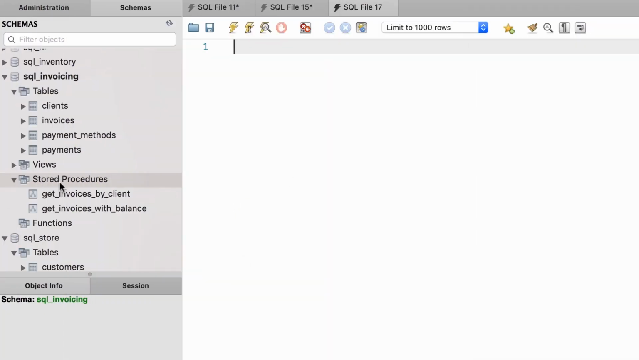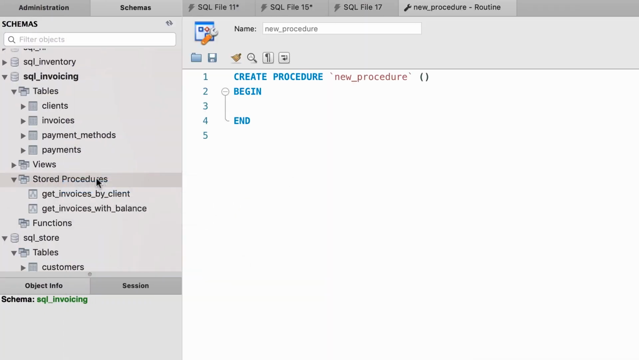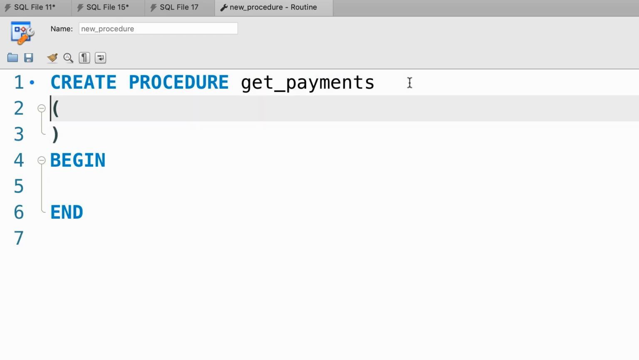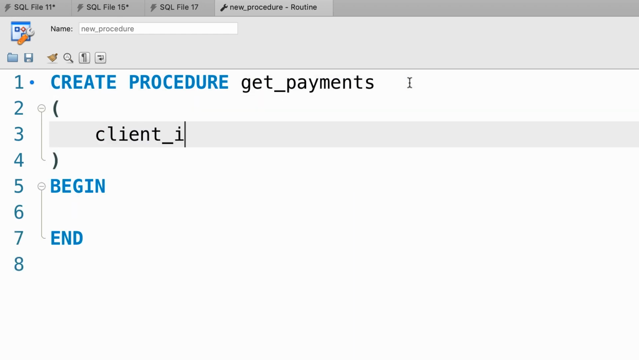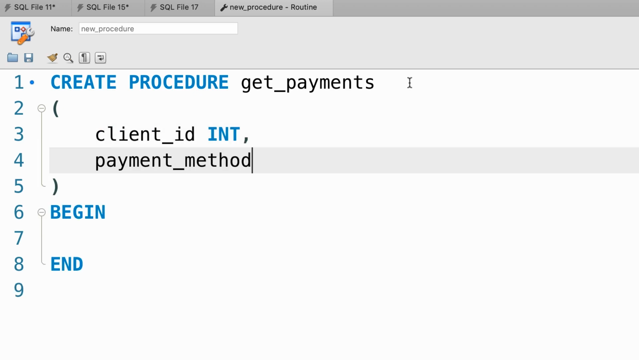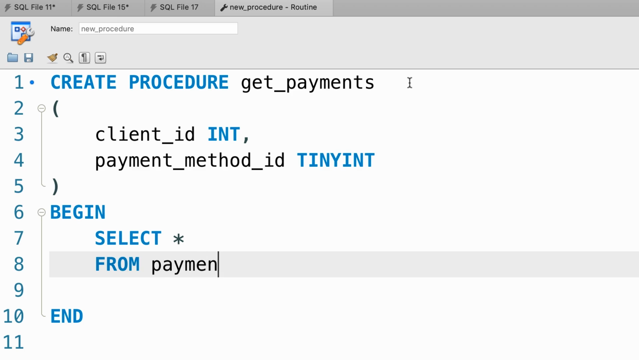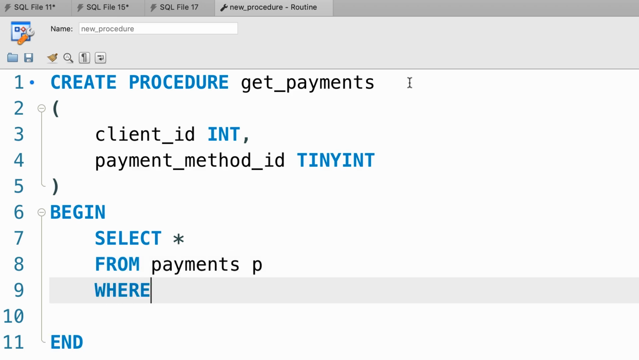All right, here's the solution. Let's create a new procedure. We're going to call this get payment. This procedure needs two parameters. The first one is client ID, which is an integer, and the second is payment method ID, which is a tiny integer, right? Now here we write a select statement to select everything from the payments table, where